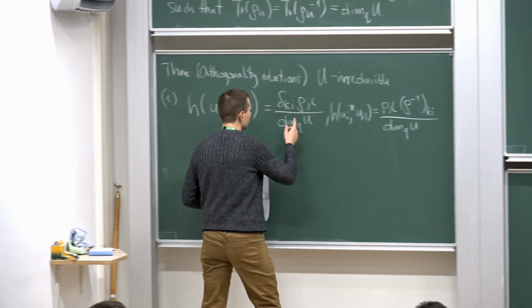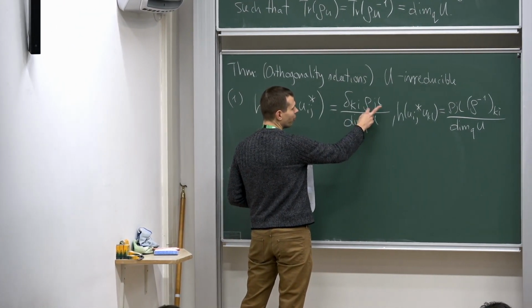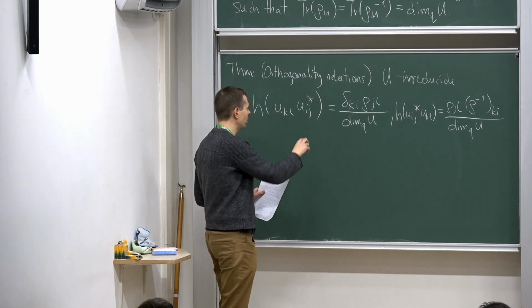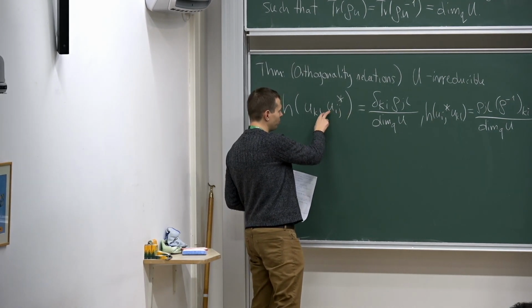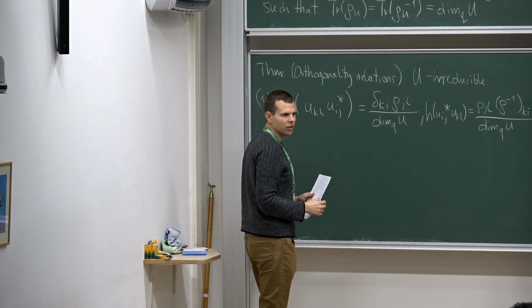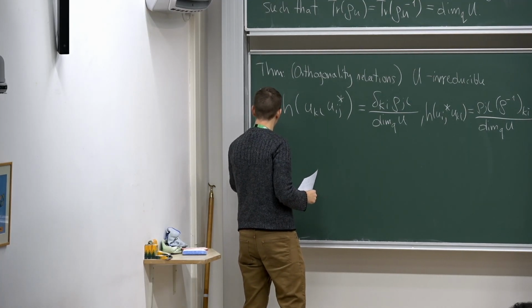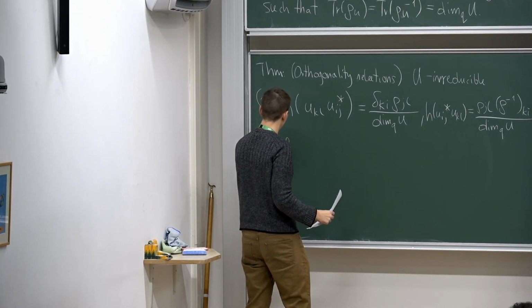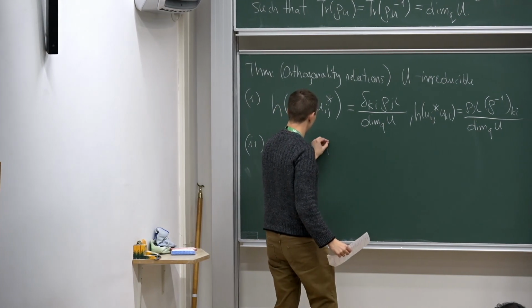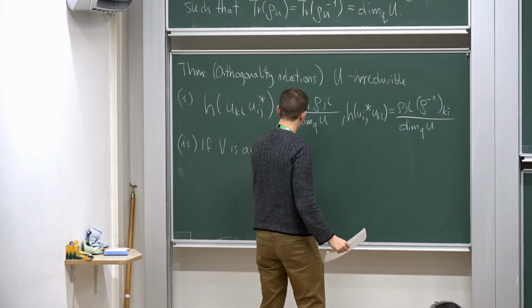So if we choose a basis in which these rho matrices are diagonal, then we can actually find an orthogonal basis, maybe up to some scalars. So then you will get really a nice linearly independent set on which we can define all these maps. And then the second part of the statement is that if V is an irrep not equivalent to U,